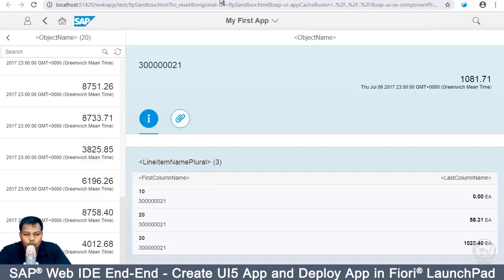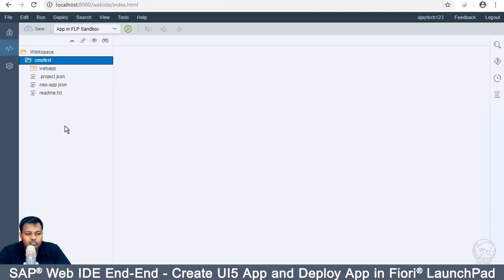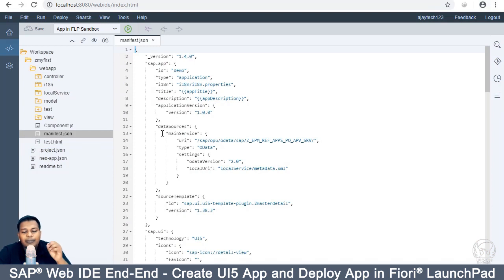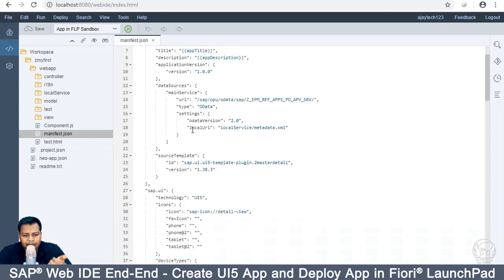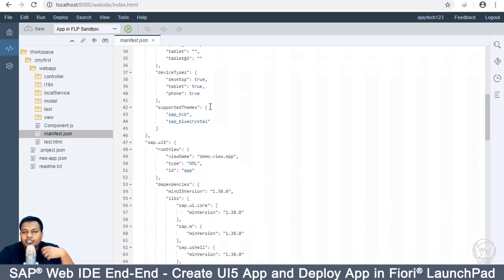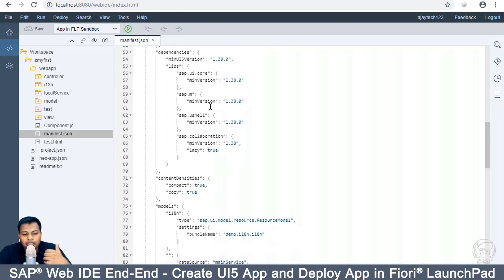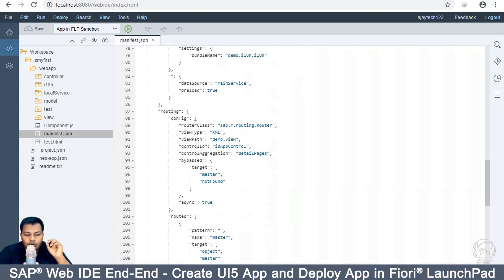So if we see the application here, the structure of the application is quite new. We have a manifest.json file. This manifest.json file is basically holding all the settings for your application, may it be backend call services, which is the service responsible, what is the version of the application, what are the routing. Routing is one of the most important parts for this new type of UI5 application, because what happens in this routing is that you have a central root view, which you will see in the view here,